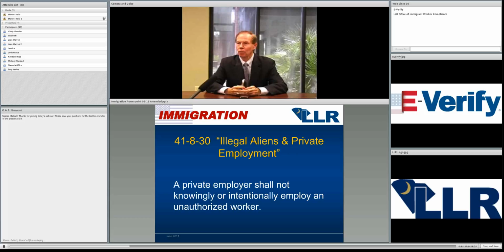country, you have to call that worker in, examine their documents, determine that they're no longer authorized to be here working. You have to terminate the worker. But having said that, under the South Carolina law, you have no burden, you have no responsibility to go looking at your current workforce in place prior to January 1, 2012. You don't have to call in individuals and look at their documents to see if they're working legally. In fact, attorneys that I talk to say that